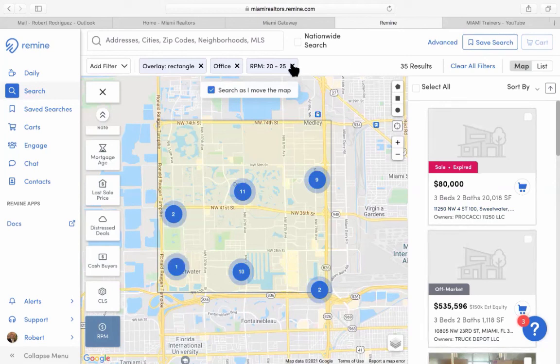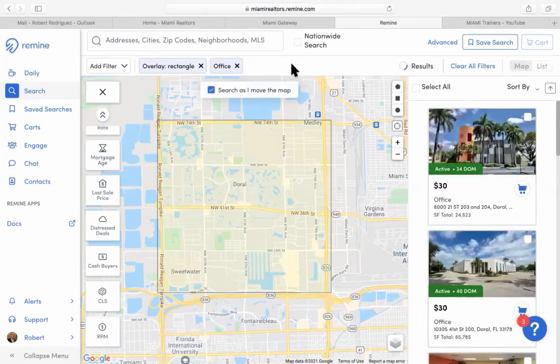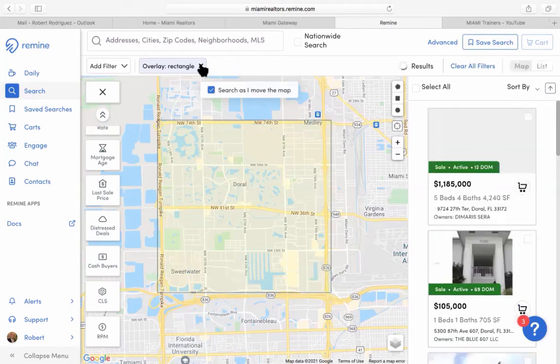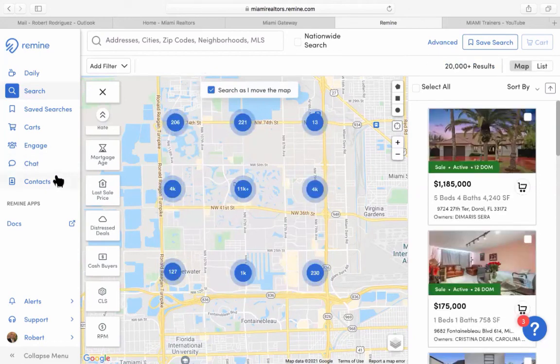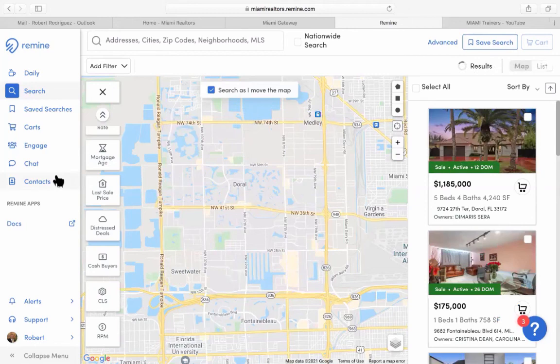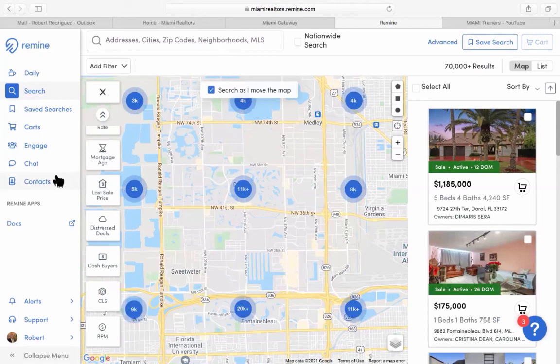And this is pretty much an overview of how to use Remine for commercial properties. We do want to invite you to a full Remine course where we go over customer engagement, contacts. You're just learning how to use Remine. Today was more of a commercial Remine course. So this is pretty much where it ends. And if you're interested in more Remine training on the residential side, you can join us tomorrow at 1 p.m. for the Remine Pro MLS,